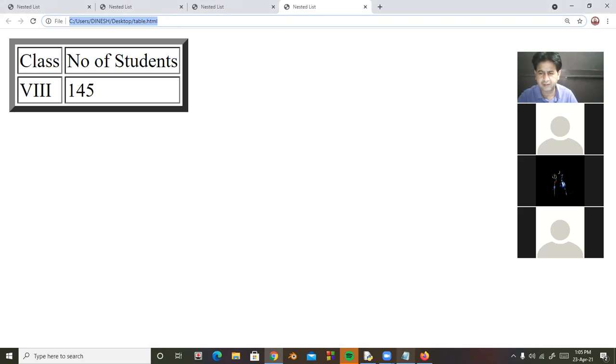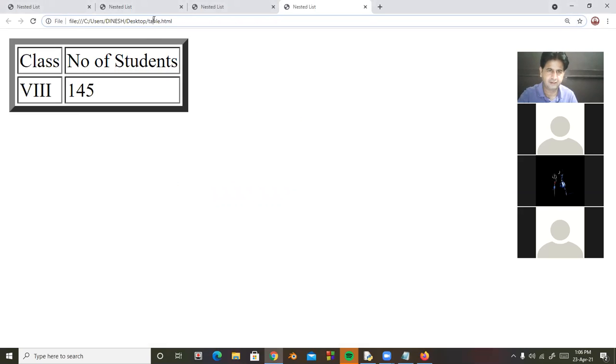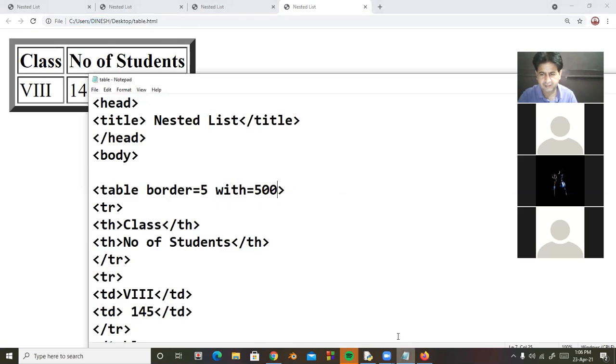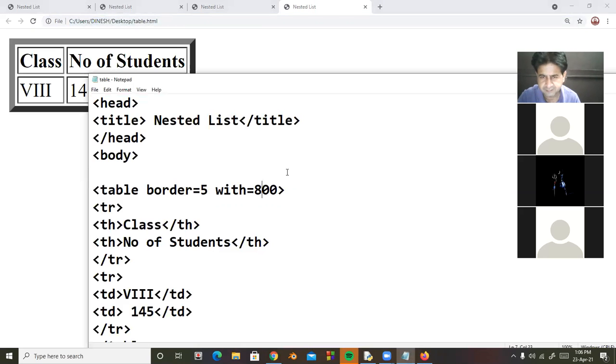First of all, I'm giving here the width of this table, suppose it is 500. I'm saving this and look at here. I'm increasing the size. I'm taking here 800. Okay, width.